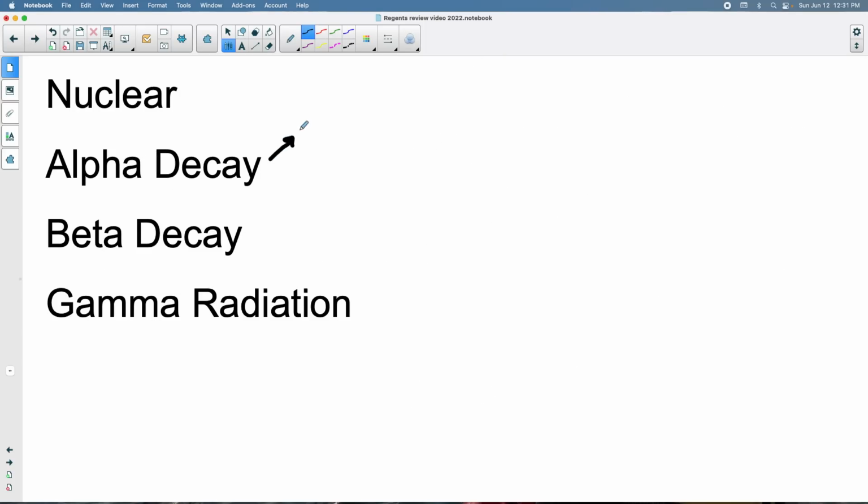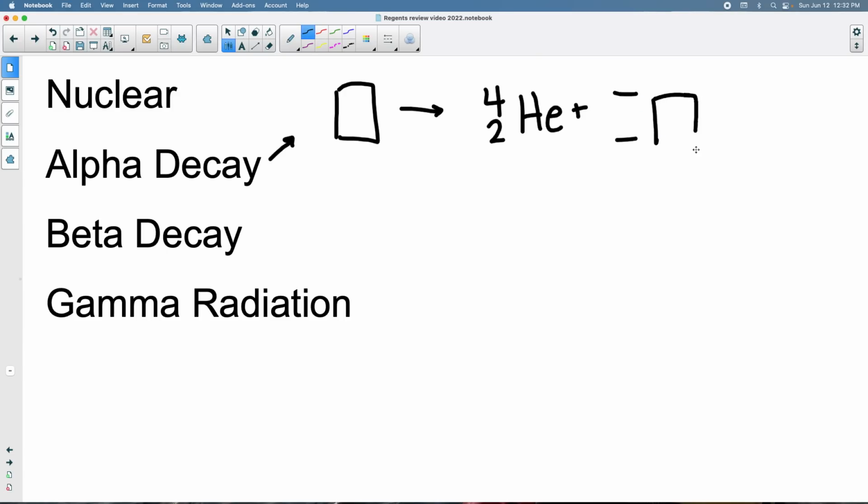Nuclear alpha decay is going to be, you'll have your substance, your element, and you will give off 4 over 2 He plus something here and something here and an element. We set up 2 separate math problems. So for example, if we want to look at table N for natural nuclear, we can find something that undergoes alpha decay and plug that in here. And for example,